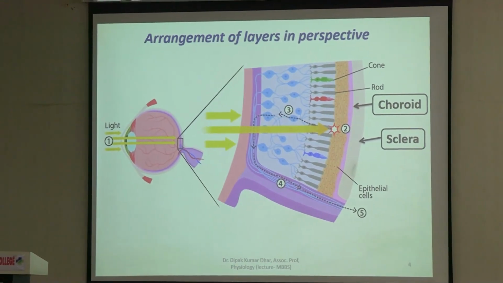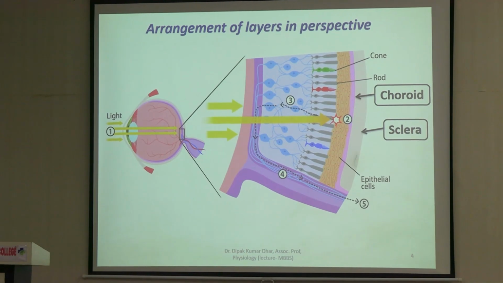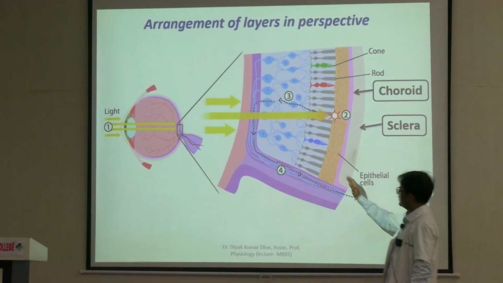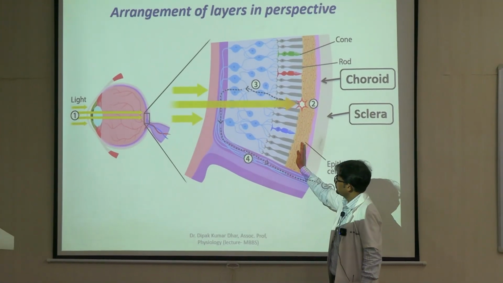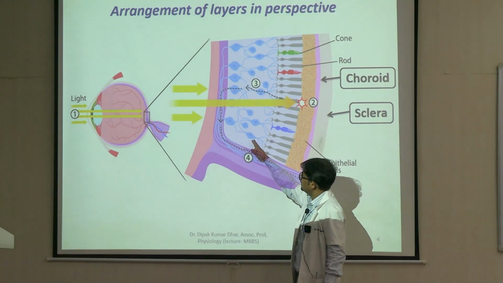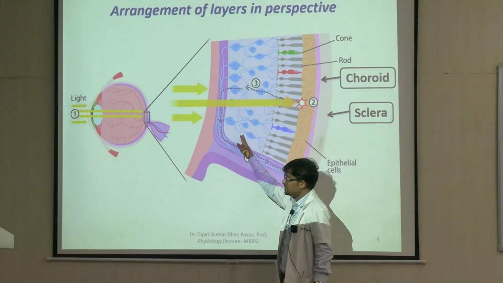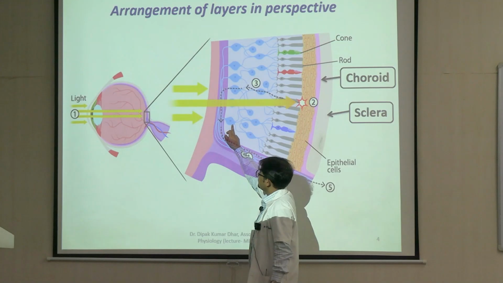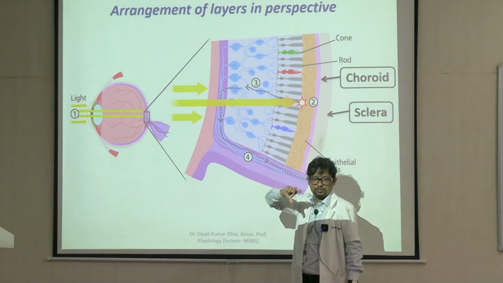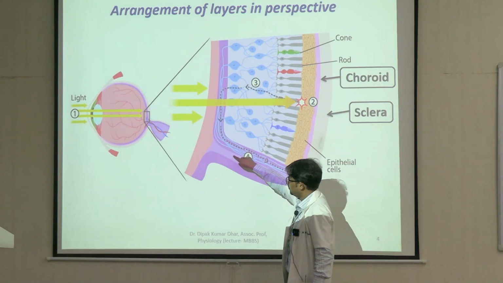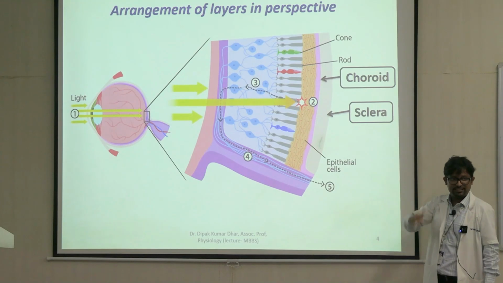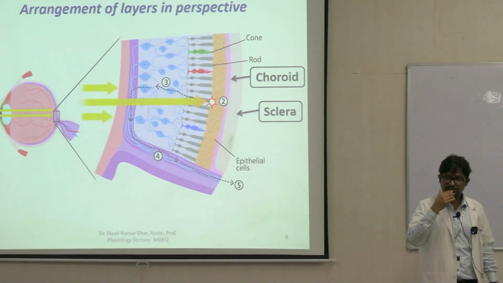Now this one is the enlarged view of the retina. So the layers of the retina are arranged like this. This is the layer number 1, pigment epithelium, photoreceptor, right? The synaptic layer, plexiform layer, followed by bipolar. The second plexiform layer, ganglion cells, and the axons of the ganglion cells, they come together, they combine into bundles, and ultimately forming the optic nerve, which goes back like this. Optic nerve comes out from the orbit and eventually reaches the brain.